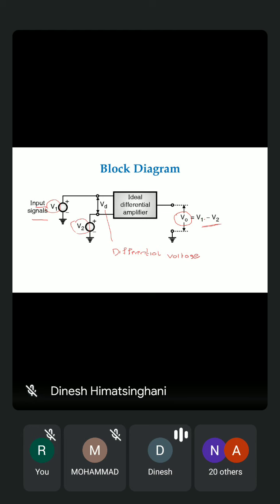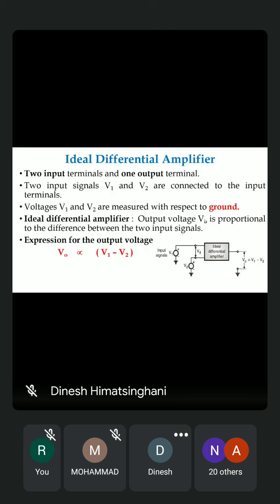So the same thing now I take ahead. It is the same diagram that you have at the bottom, with the explanation which I have given you. There are two input terminals. One is V1, the other is V2. There is one output terminal, that is this one. This is the output terminal of a differential amplifier.